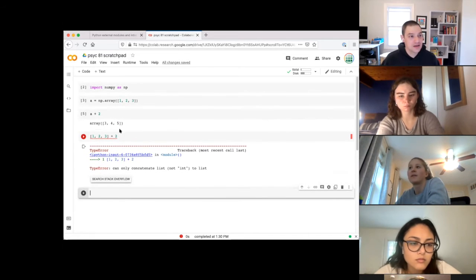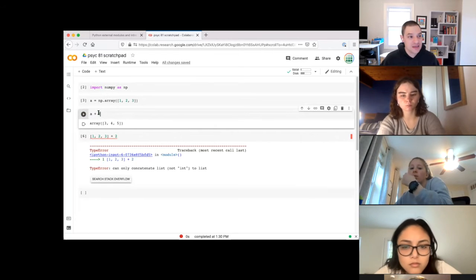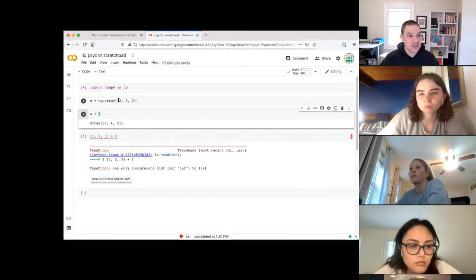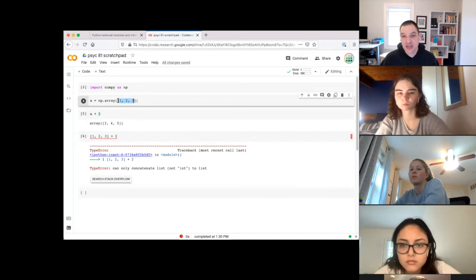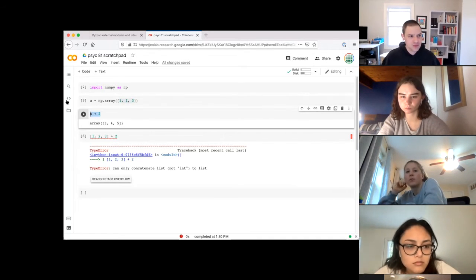But you can easily do it with an array. What it's doing is, inside NumPy, this 2 is being copied for each element of the array, and it's being reshaped to be the same size as this array, and then the corresponding elements are being added. So if I had some other array, B,